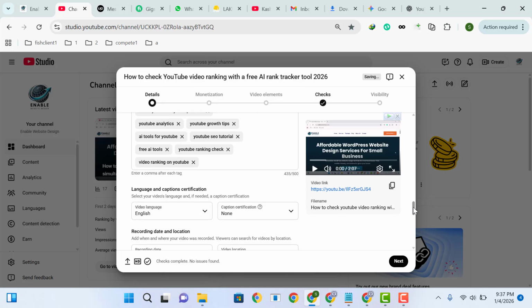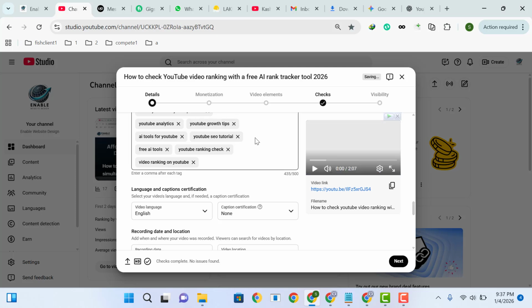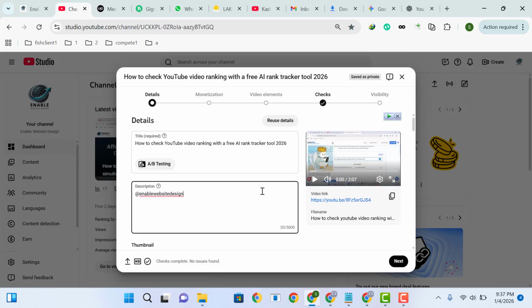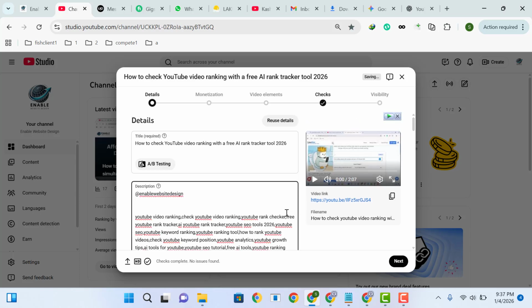Scroll down, and now here you can see 435 characters. Maximum 500 characters are allowed for tags. You can also add tags as a keyword here. Then click on the next button,